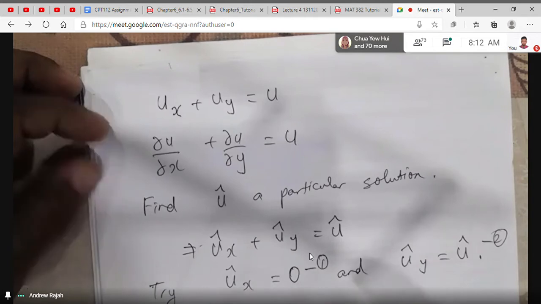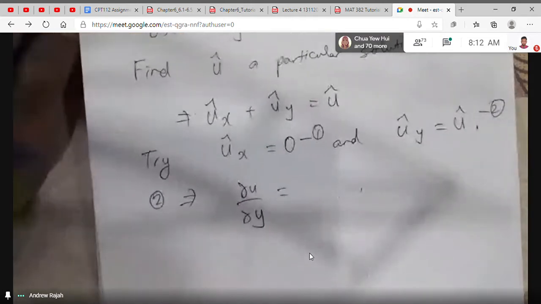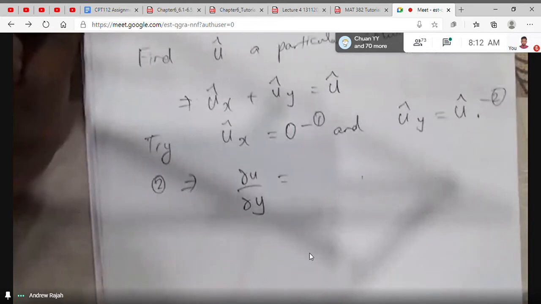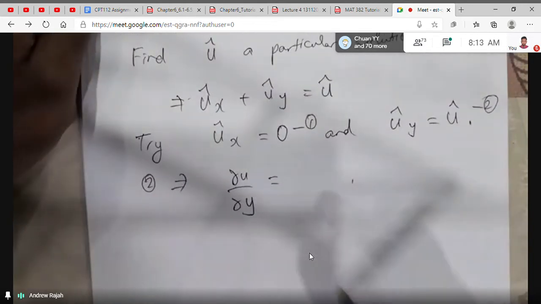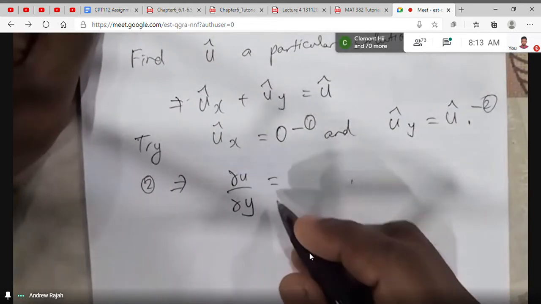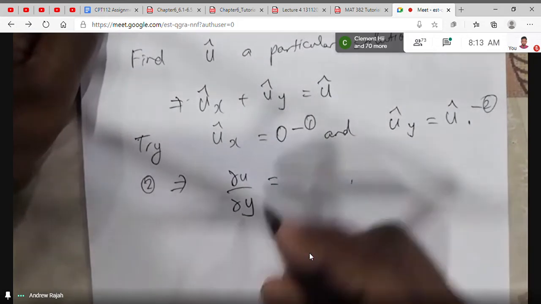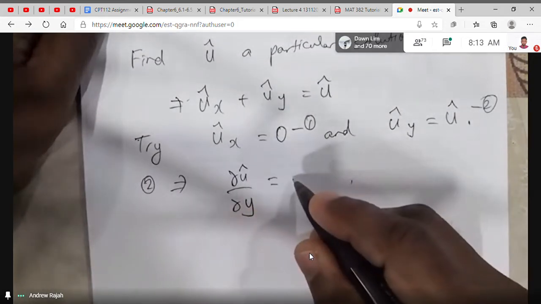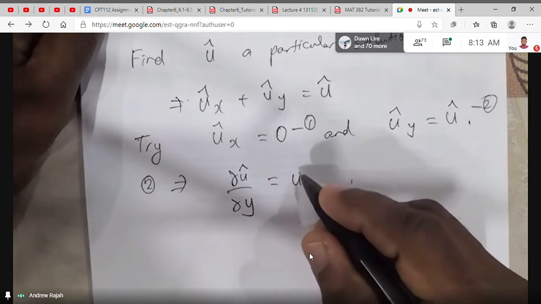Let's say you want to solve this. Can already. del u del y equals to del u hat del y equals to